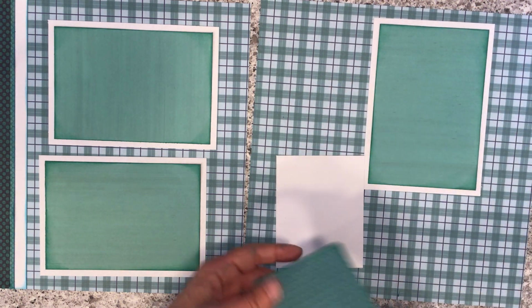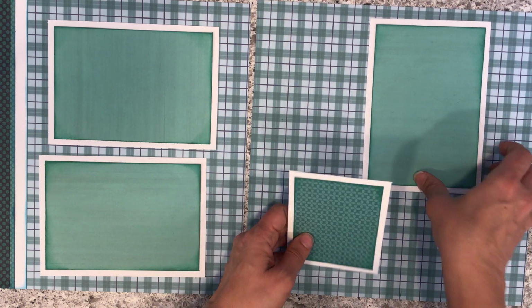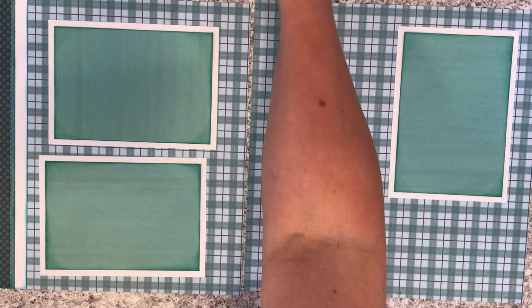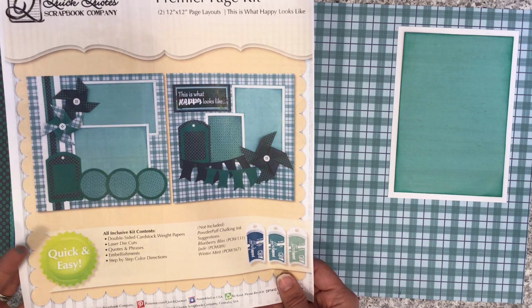And again, if it gets going too fast, just hit pause. Come back to it when you're ready. And I'm just going to look at my instructions here and start layering things. You can look at the instructions if you want to for exact